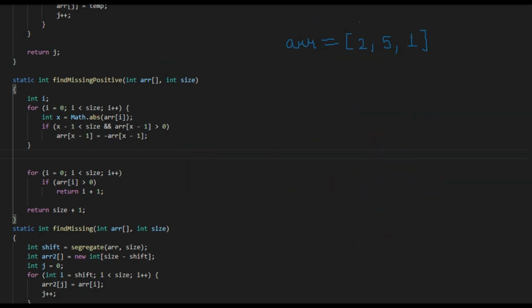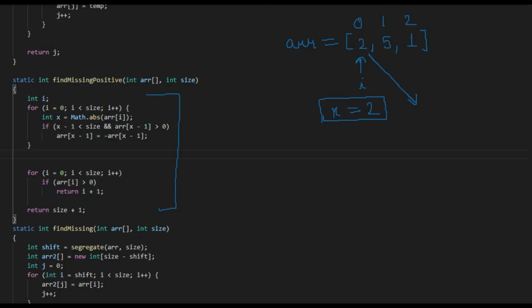Now we have this array with indices 0, 1, 2. What we have to do is move into this loop first and see how it works. We have i at the first position. Now x will contain the absolute value of 2, which is 2 only. As we have already studied, we have to take care of two conditions. One is if the same index value is present in the array.